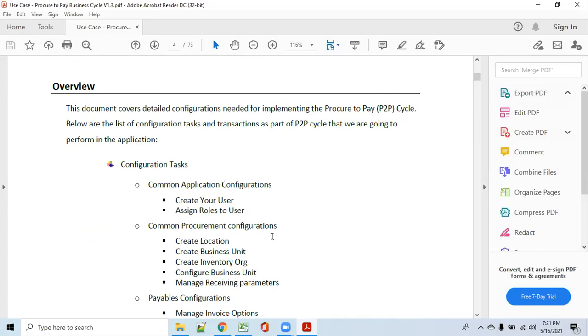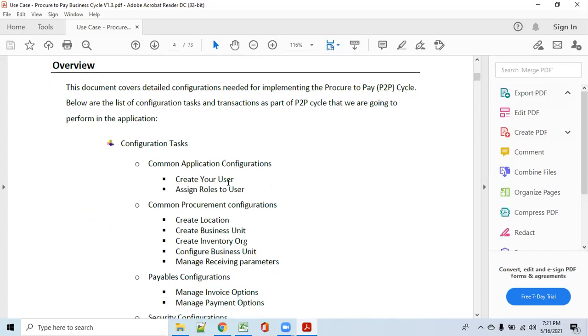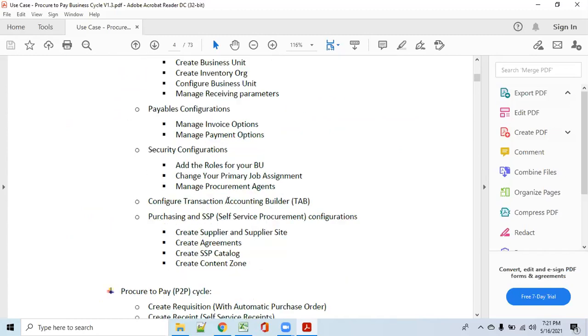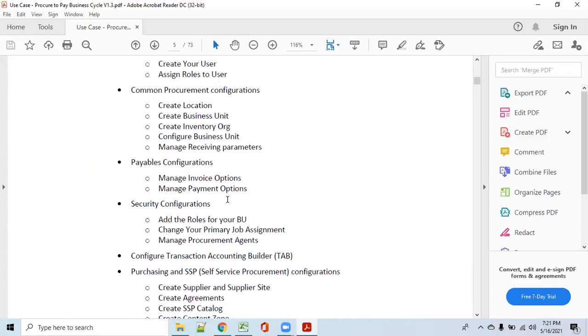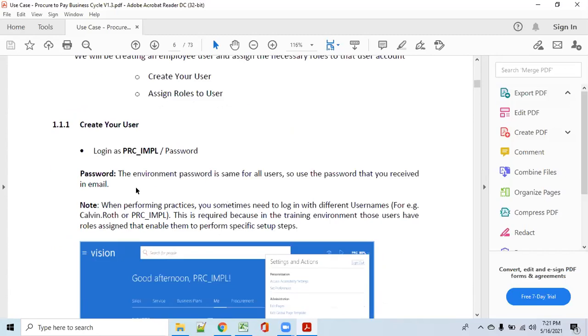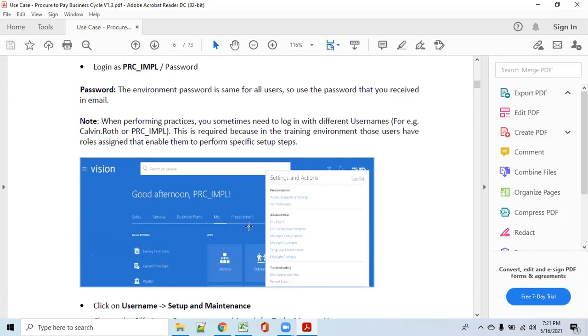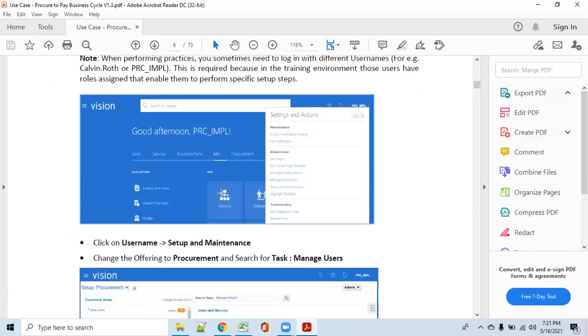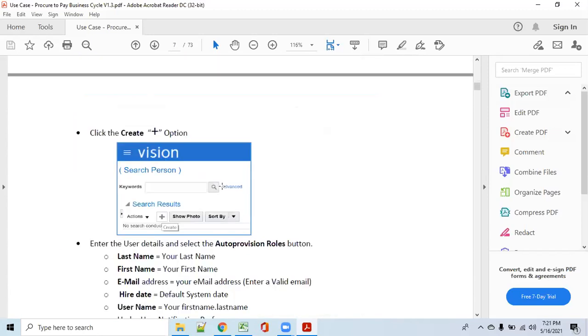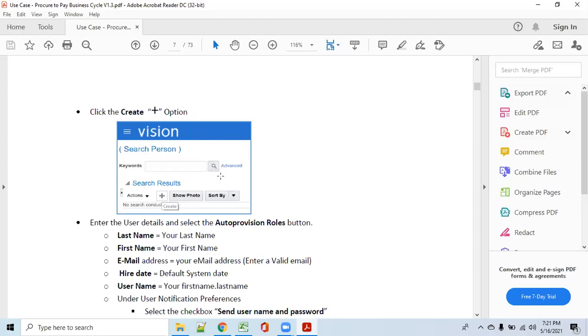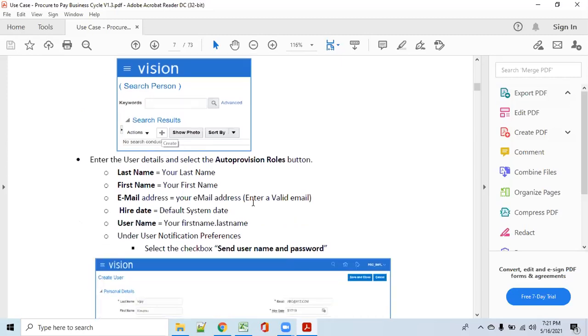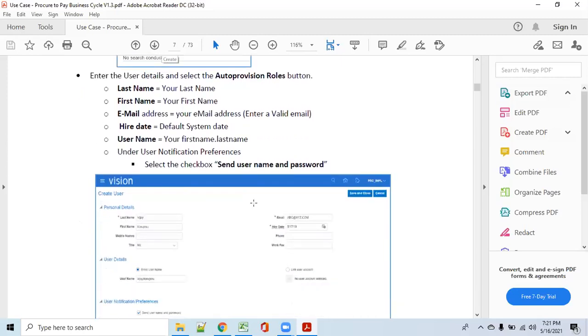Now we'll do an overview. Users you know already, and then we'll start step by step. How to create the user is also given. Login and all those things. You can see how to create users. One is using the security console. We create the user there, and after the creation in the security console, we need to map it with manage users. Or we can directly create in the application itself, without going to the security console.